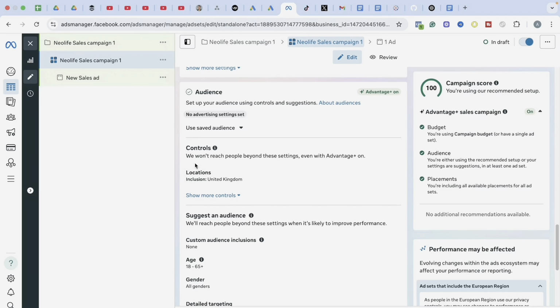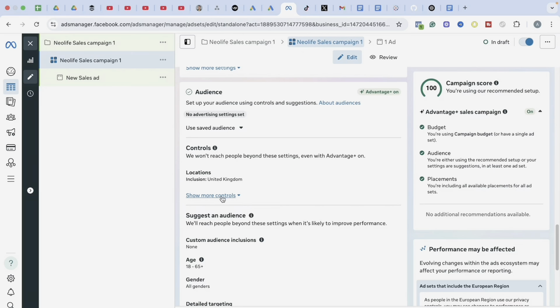You will see we won't reach people beyond these settings, even with Advantage Plus on. But anything you do under suggest audience, you are basically giving Facebook instruction, and they will learn from that and also go beyond the instruction you just gave them.